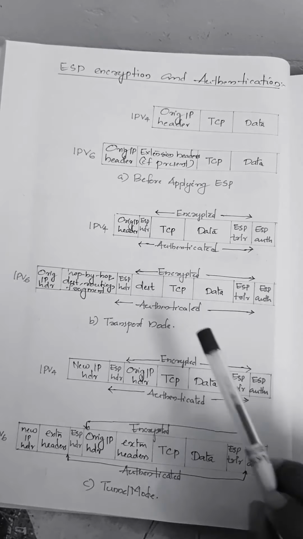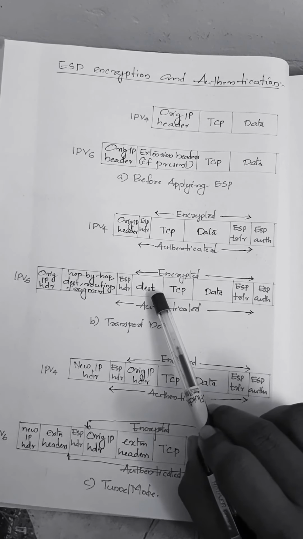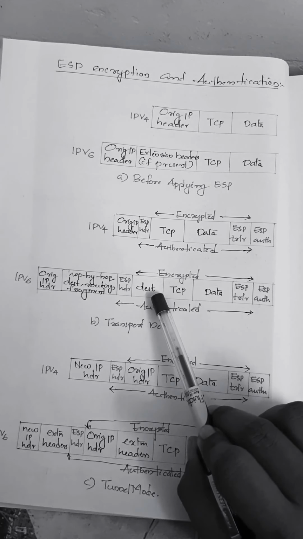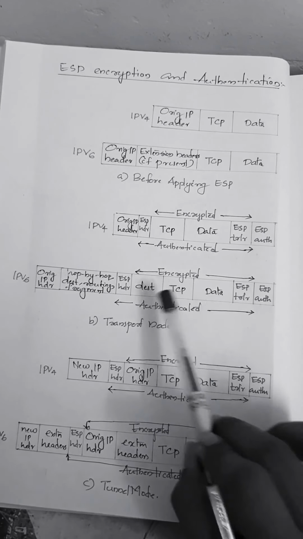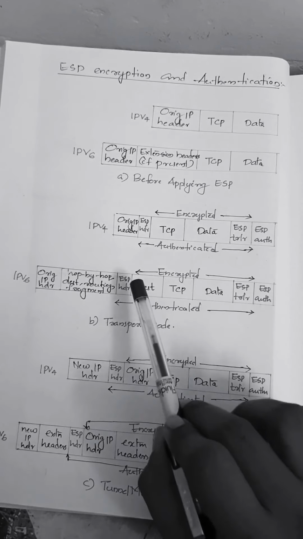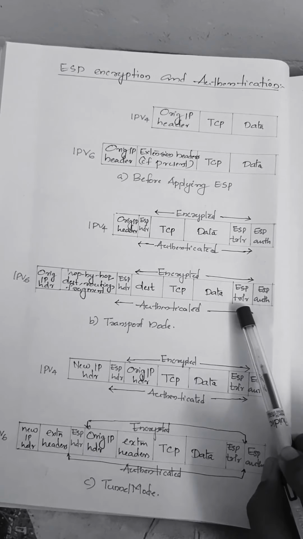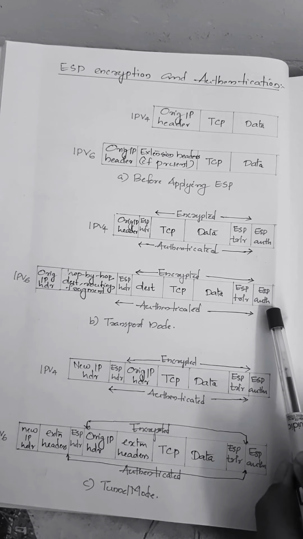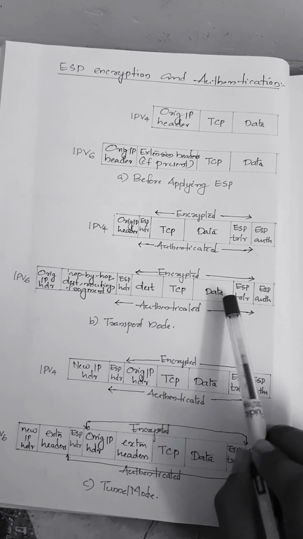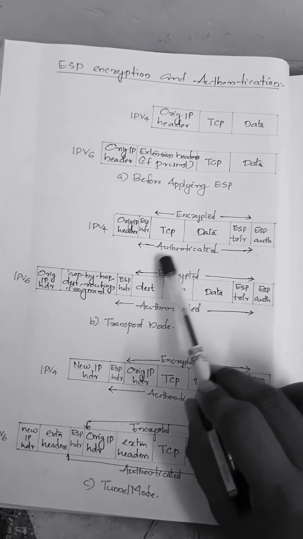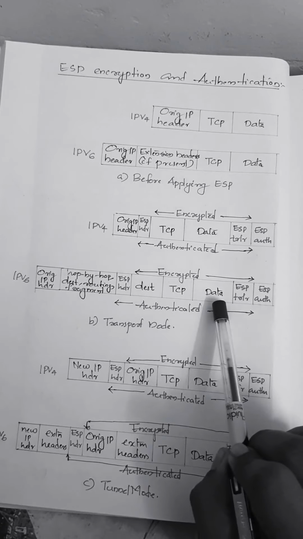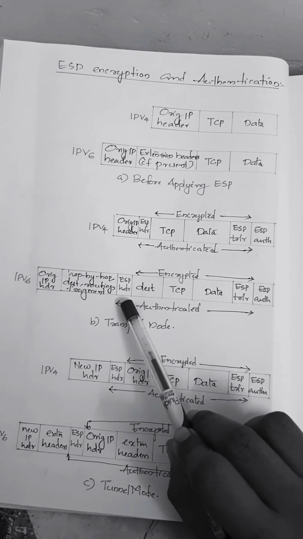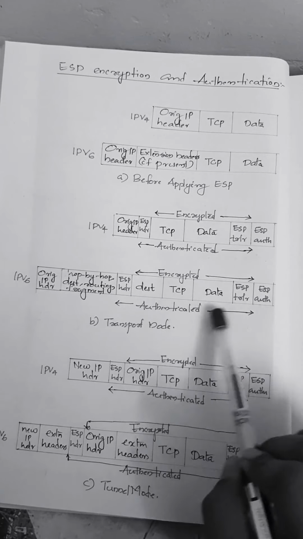While considering IPv6, I already told that some destination data are added here before the data. And before this data and destination fields, the ESP header is added. After that the ESP trailer is added, and finally ESP authentication. These destination data and data together with the trailer ensure the encryption. Destination data, data and ESP trailer together with the ESP header ensure authentication.